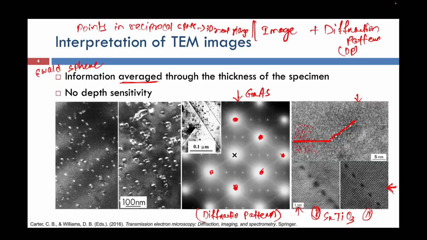Okay, and here there are these two images that I am talking about. These two images also give information averaged through the thickness, and the second point I want to highlight is that we will get no depth sensitivity. That means whether the electron has collected information till a certain depth or not, we do not know, because the electron is transmitting through the specimen, and we are assuming that the information will be completely